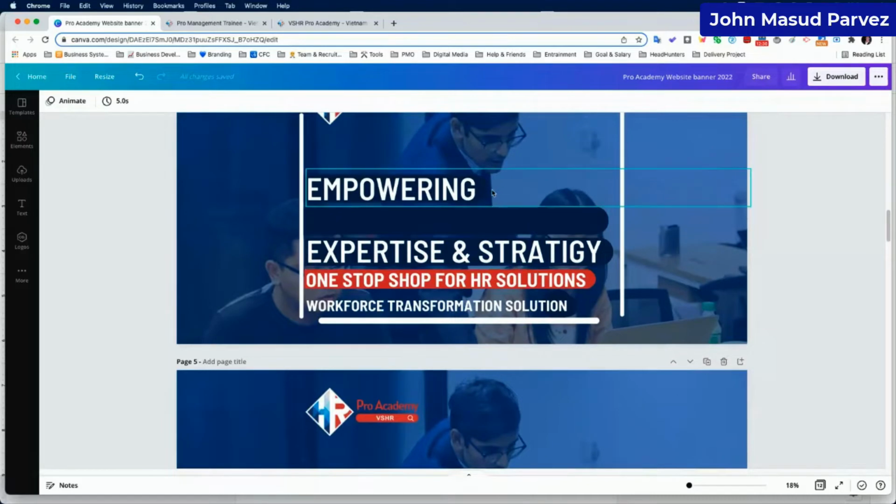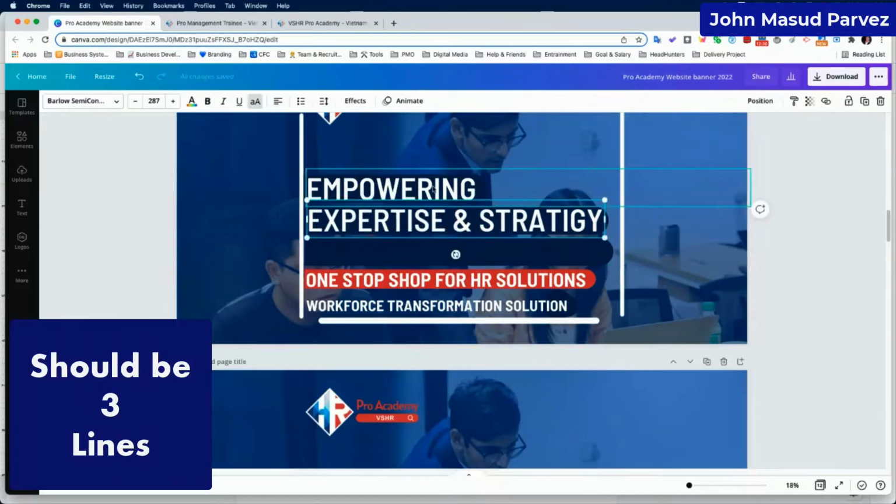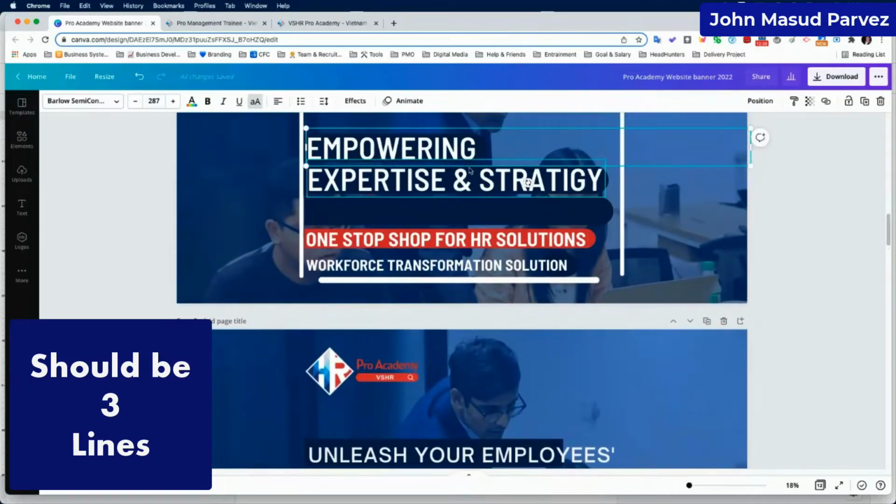The very first thing is I have to remember that I will have to carve this in the top side. One of the good things is we can group it together. You can group it and then it's always fixed as one element. So now I'm going to write it: unleash your employees' maximum potential. My goal is to put it in three layers like this. I'm going to break it down, so I'm going to write down unleash